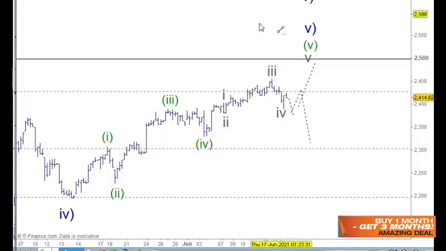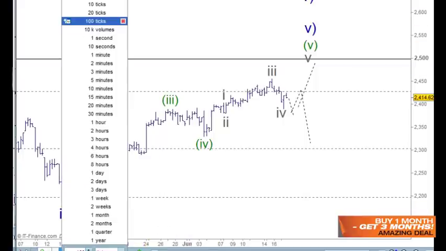So we're close to the top. And like I've kept on saying, coming up into the tops here, markets don't always finish off the way that you would like them to. But what we can look for is the impulse wave to the downside. In this case,